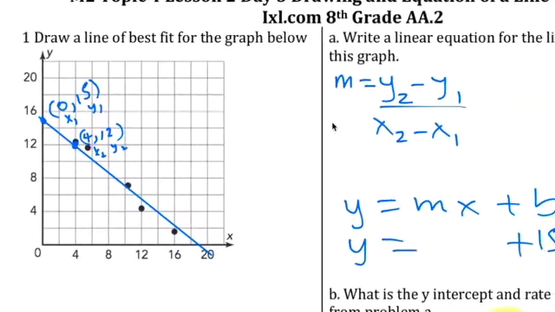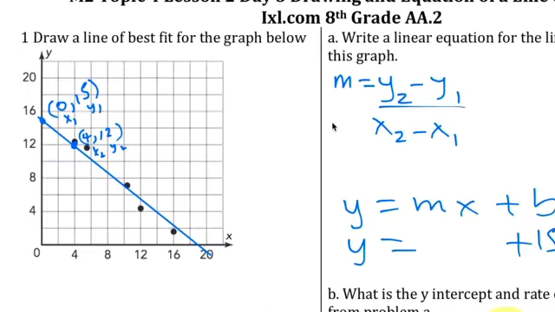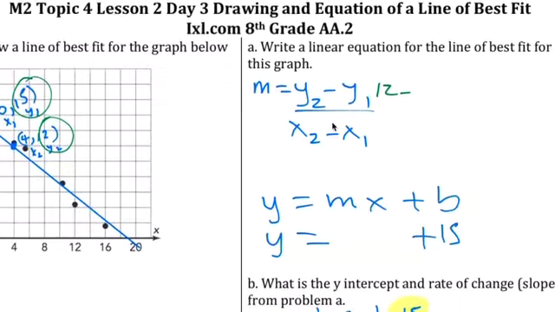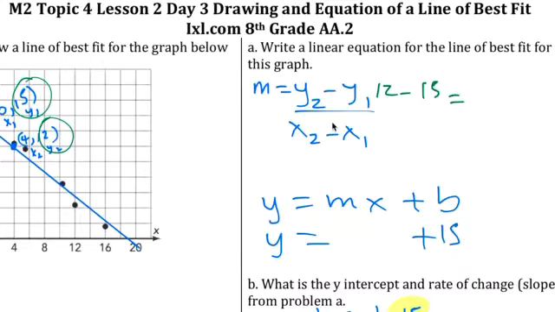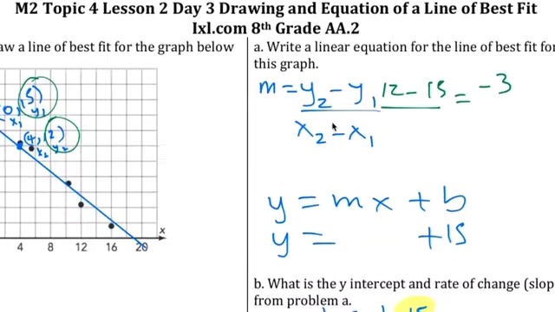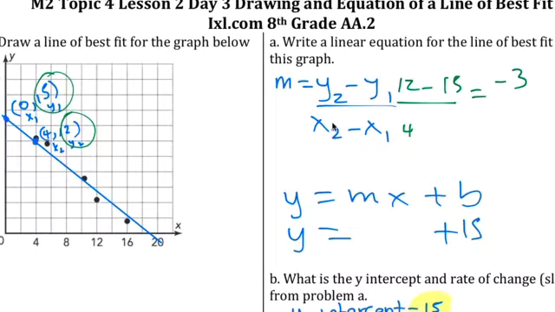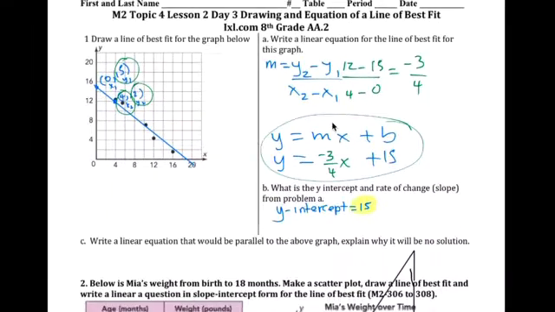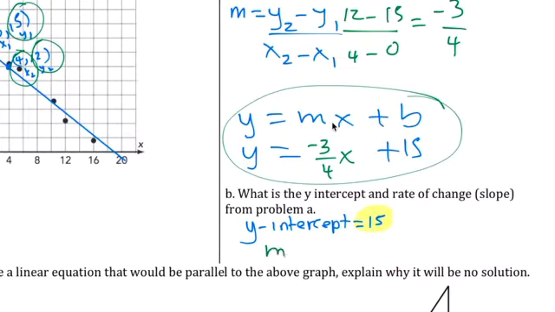So find the slope of that line. Y sub 2 is 12 minus y sub 1 is 15. I get -3 over x sub 2, which is 4, minus the 0, which is 4. So my slope is -3 over 4x. That's my answer right there. So my slope is